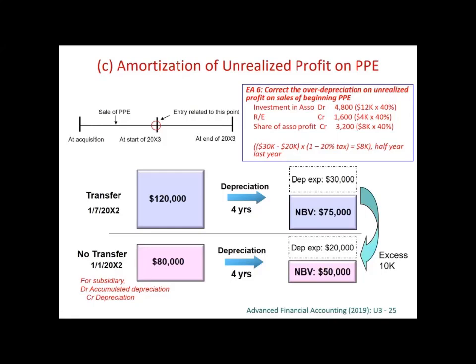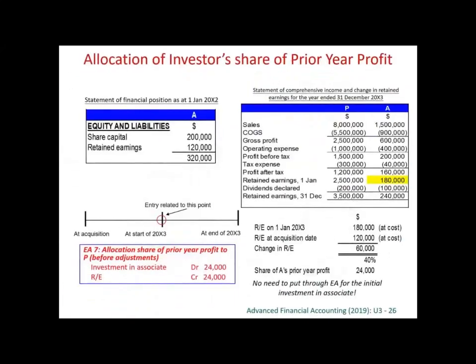Okay, so now you have adjusted for all the intercompany transfer, right? Now we start to share the profit. So from the financial statement of the associate, you find this retained earnings at the beginning of the current year. We share profit, and therefore we share this profit in the past, which is now retained earnings. The retained earnings at the day of acquisition was 120,000. Starting from the day when we acquired this investment associate, we can share their profits.